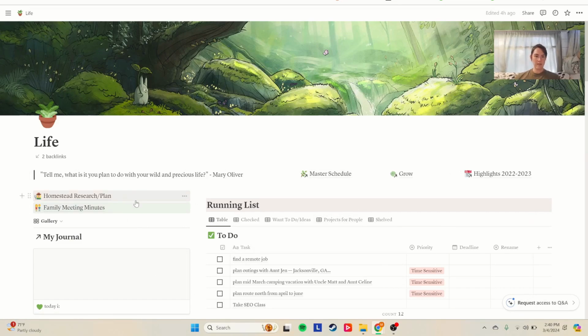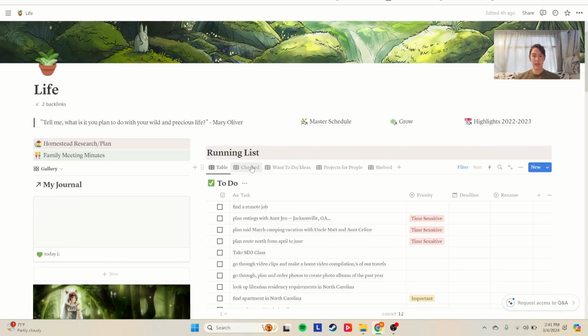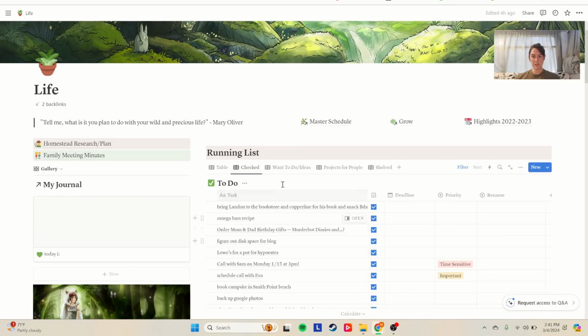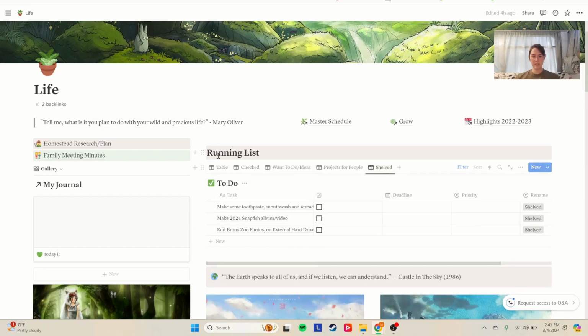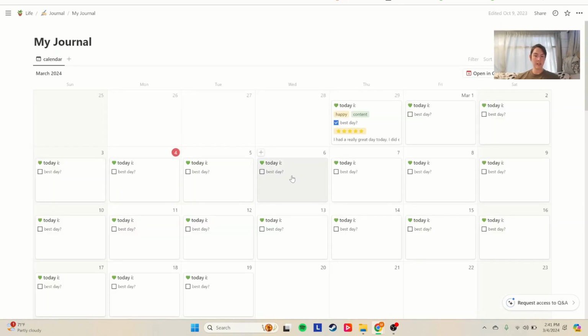So I have a quote, I have some family meeting minutes and future home plans, and then links to everything else. My to-do list, which is on my master schedule, and I have it sorted, so stuff's already checked off, other ideas, shelved stuff that I'm not doing anytime soon. And then my journal's right here, which is just another calendar, and I have the pages in,